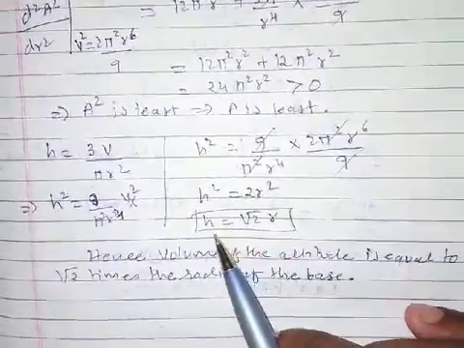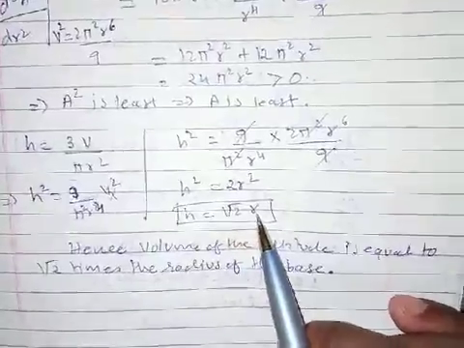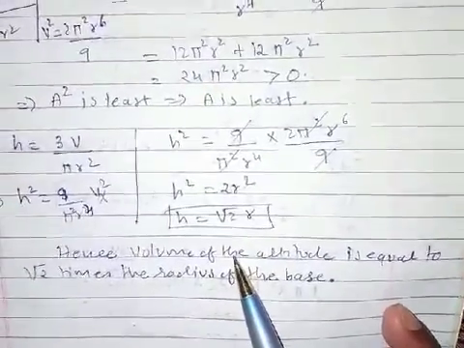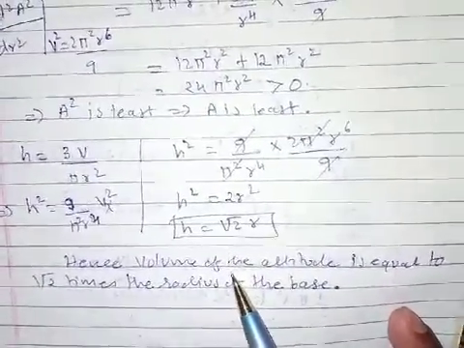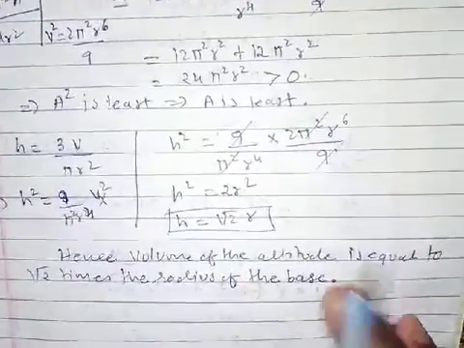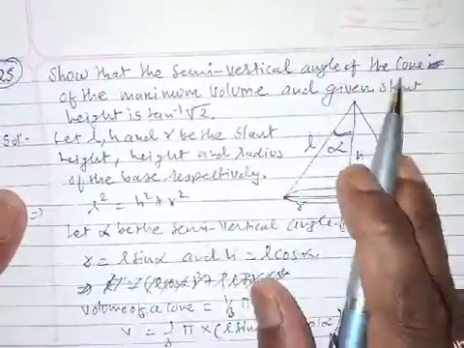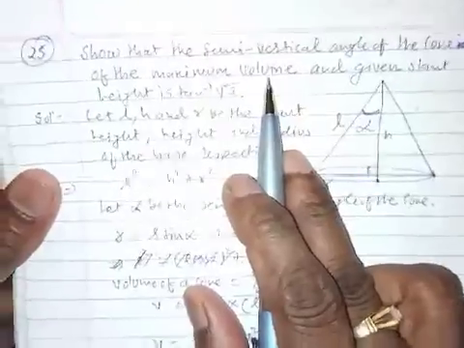So if you take root 2, then h will be equal to root 2 times r. Hence it is proved that the altitude h is root 2 times the radius of the base. Next: the semi-vertical angle of a cone of maximum volume